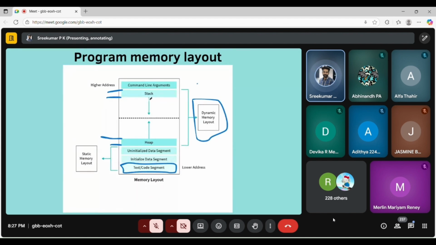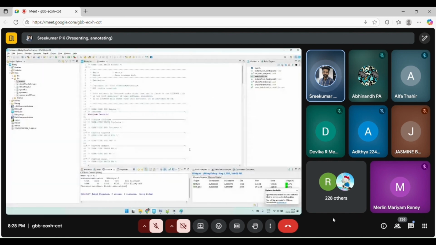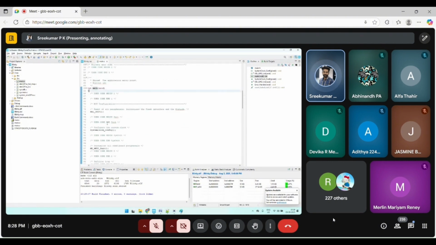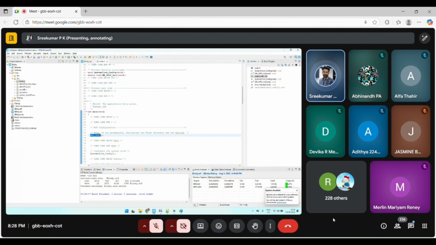Stack is the memory location used when a function call happens or an interrupt happens. We need to push some information which is executing locally in order to save it. So stack is the one which holds the temporary values. Whenever there is a function call, suppose you are executing a main routine, I will open the code. Suppose some interrupt comes, it has to go somewhere, right? Here, HL init is a function, it is getting called from the main function. So it has to jump to that function, right?